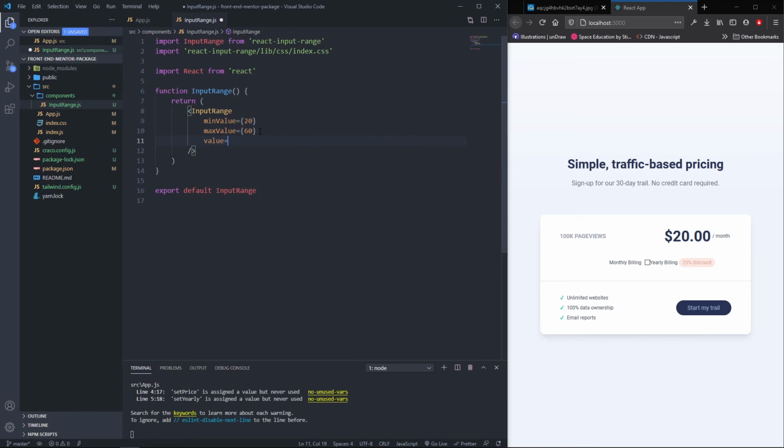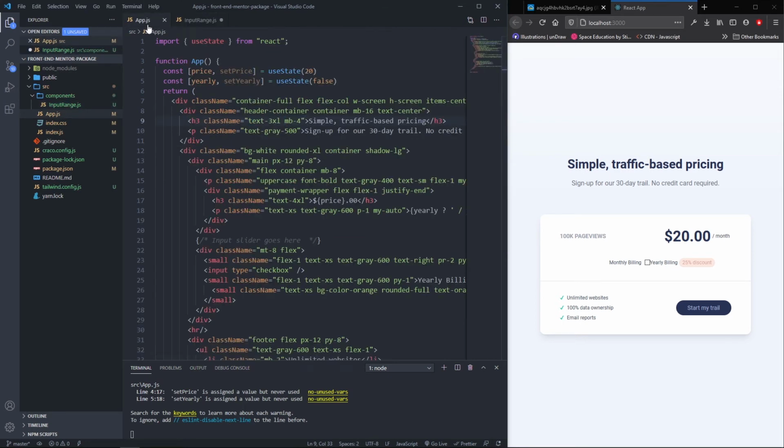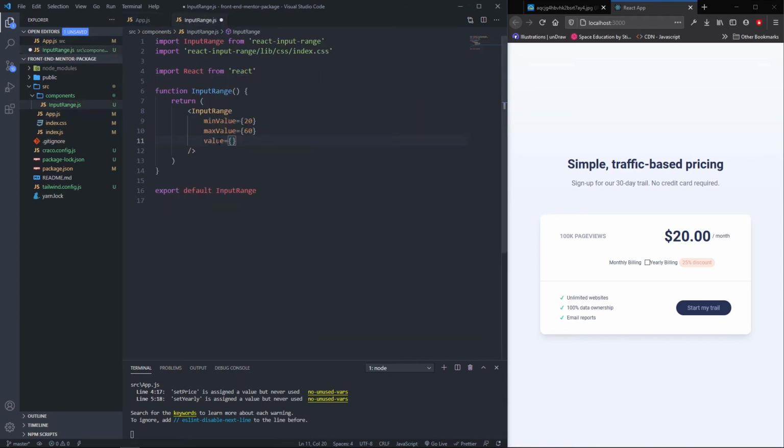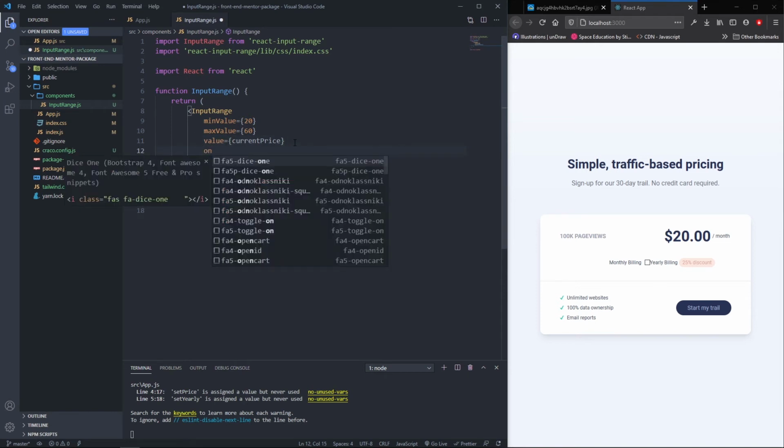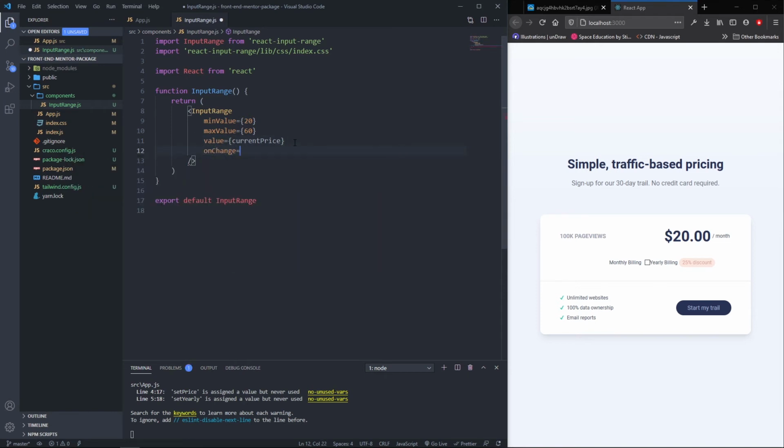And the current value of the slider. The current value of the slider, I'm going to pass through as a param, because that needs to come from my app.js, as we have set it here by default price. So we need to pass this through to this component and use it in here. So I'm just going to call this current price, and then we have an onChange function over here. So I can go ahead and say onChange,